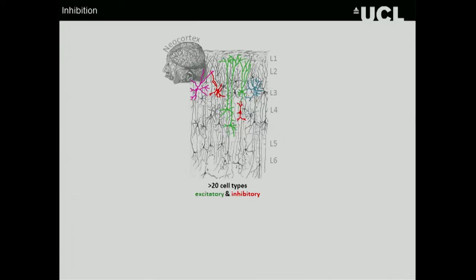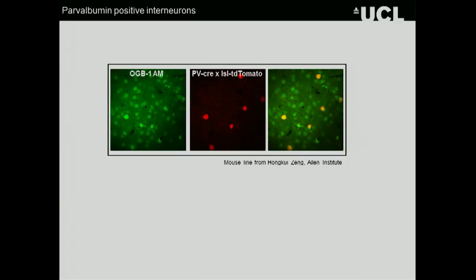And then very kindly, Hongkui sent us some PV-Cre tdTomato mice that we can then look at what their functional properties are of these parvalbumin positive fast spiking interneurons, and what the connectivity is. And the nice thing about this, if you inject the calcium indicator in green, there are a few cells that are red, and in layers 2 and 3, most of them are inhibitory, about 60% of which are